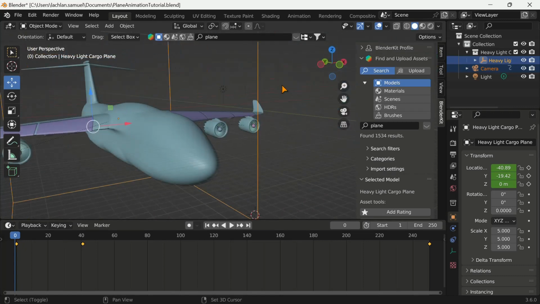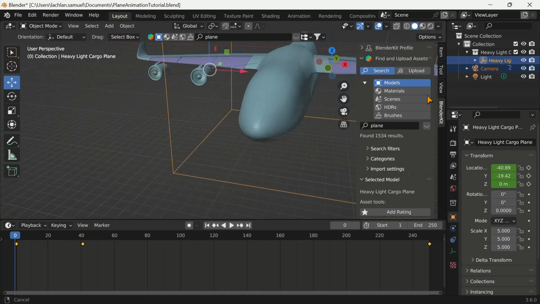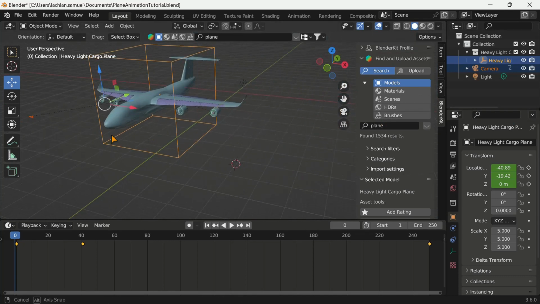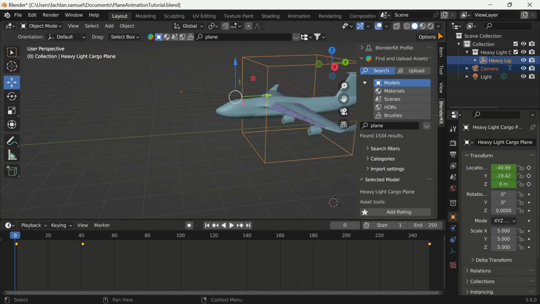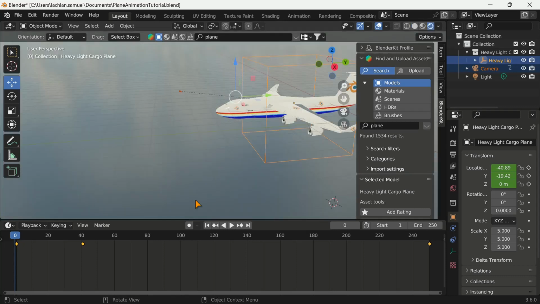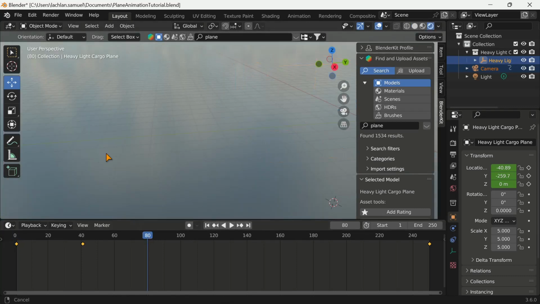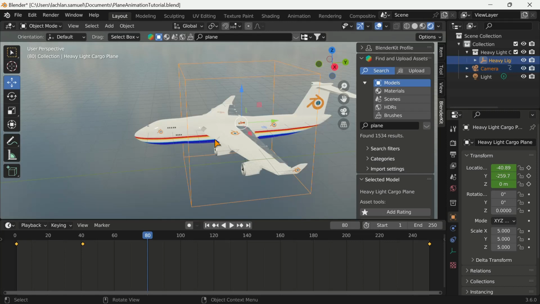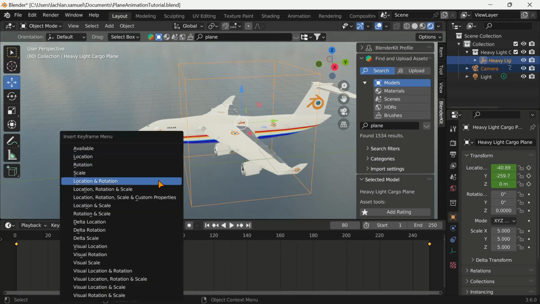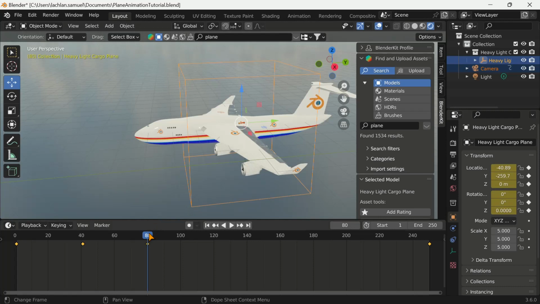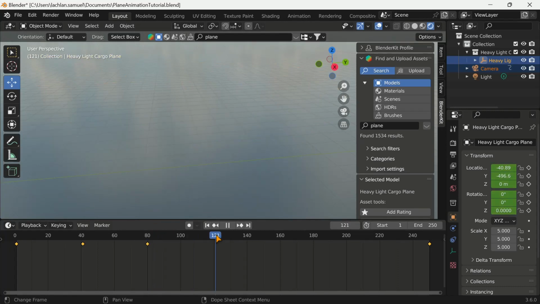To do this is also pretty easy. I'll quickly go back into rendered view to make it easier for you guys. So say at 80 frames, it's going to be all the way over there. Say that at 80 frames, you want it to tilt, right? You want it to do a full flip. So what you do at 80 frames is press I, location and rotation. It's like the camera. And then say at 120 frames, you want it to